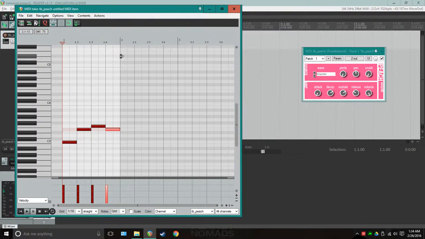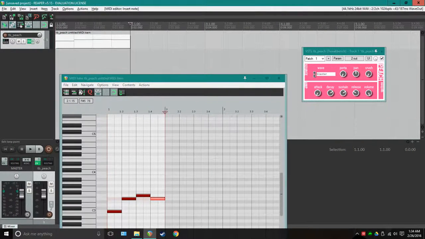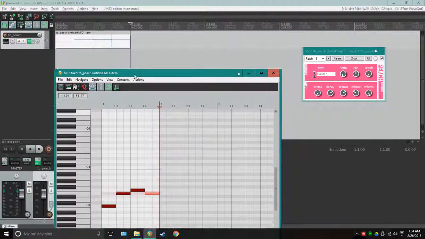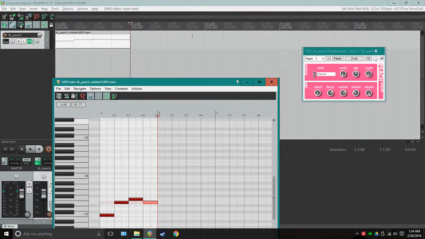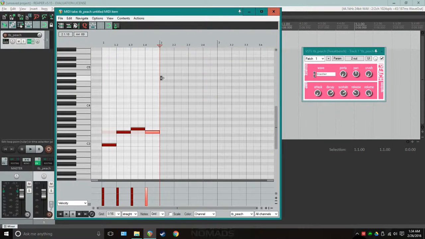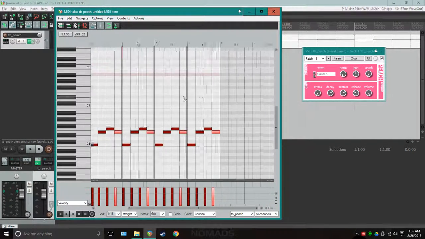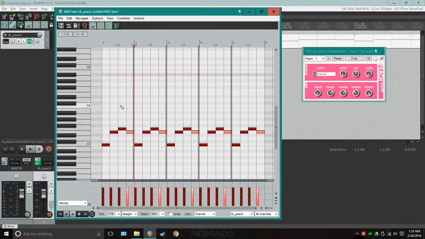Then right here, you see this is where it ends is right here, where it's a little bit brighter. Hope you can see that. It's a little bit brighter. And so there's two things you can do to make this a longer MIDI item. I mean, you could just keep adding new ones in every measure, but that would get very tedious very quickly. And so there's two ways you can do it. One is this. It's got like a little grid and the arrows going back and forth. If you click it when it's like that, it will drag out the MIDI item and repeat it. So if we go back and play that,